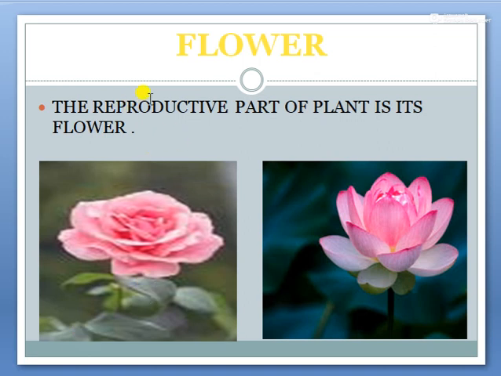Now let us study about the flower. Flower is a very beautiful part of plant. We know that every part of plant is necessary because they have a proper function and they perform a proper role which helps in the survival of the plant. So similarly, flower also has some important function. Flower is the reproductive part of plant because after fertilization flower forms the fruit.